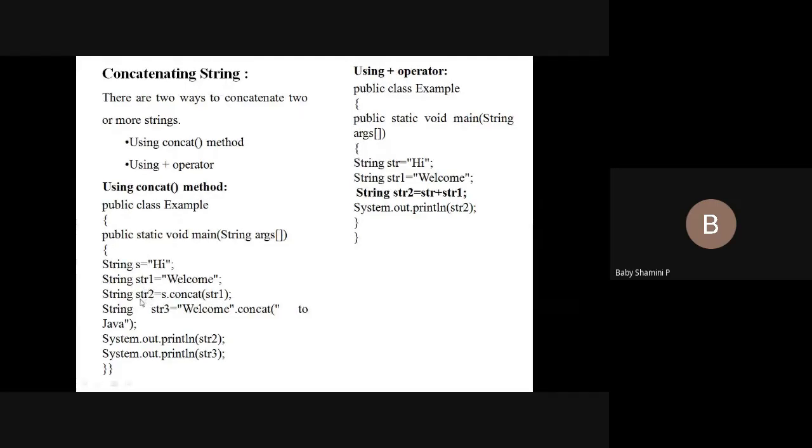In this way we can perform the concatenation operation. We cannot change the existing string. If you want to perform concatenation, we must create a new string. Again we print this output. Again we have one more way: through the plus operator we perform a concatenation operation. It combines both the string values and displays the output as hi, welcome.